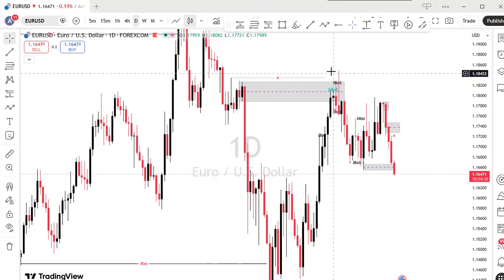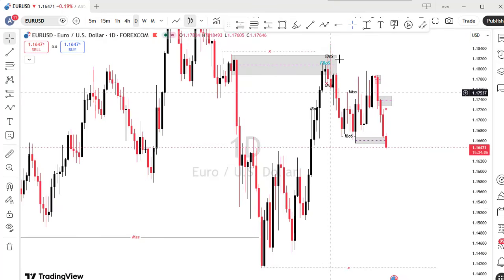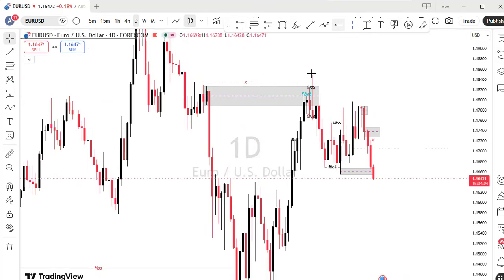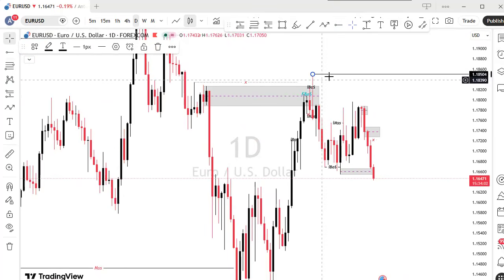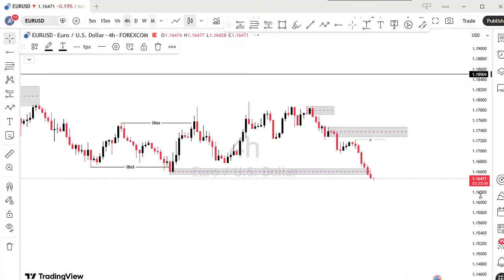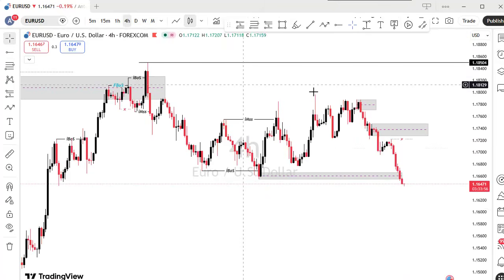So market cleared the liquidity above that high before giving us a confirmation. That means this high is our protected high, and it's a very strong high. All right. Since we are doing the top-down analysis, I want to show you something on the 4-hour